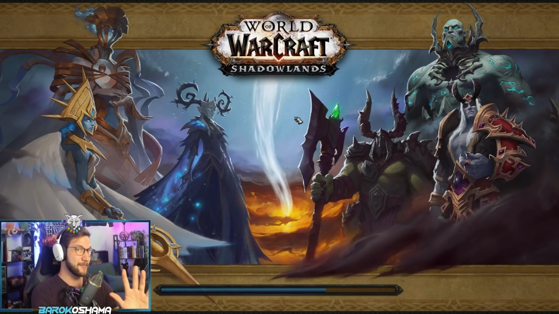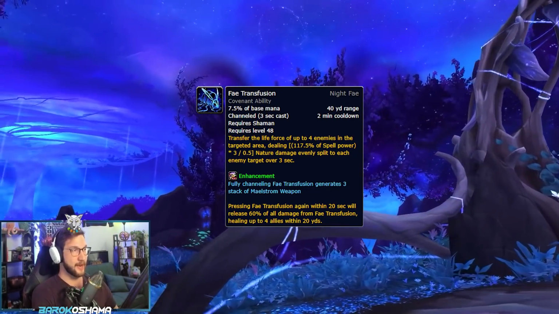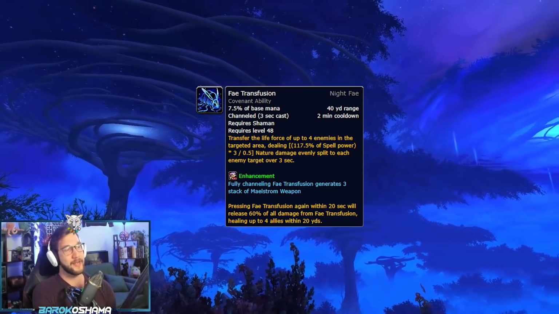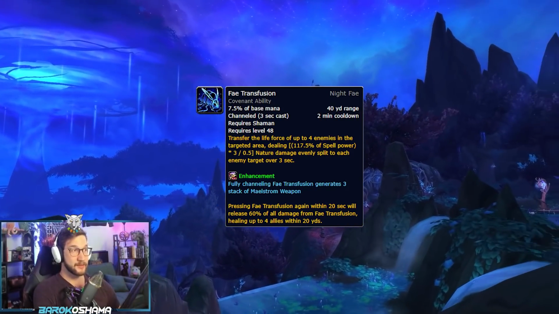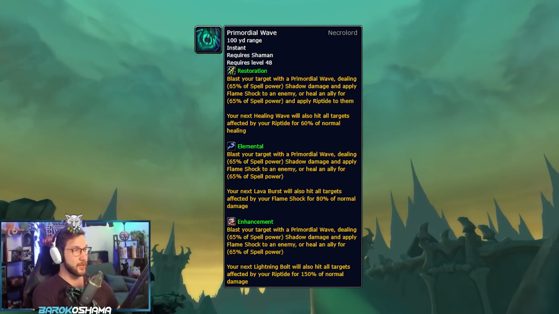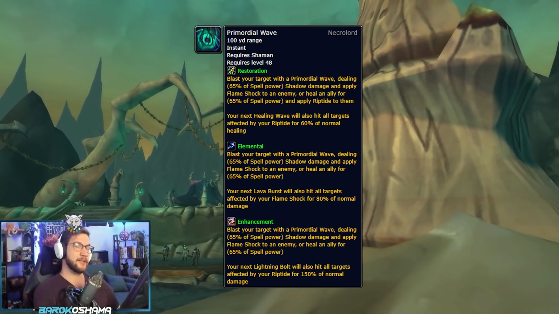So currently I am Night Fae, right? I've been Night Fae for a while. I swapped to Night Fae after my guild finished progression on Sire Denathrius. And I've already completed the 2 weeks of weeklies to swap back to Necrolord. Now I'm doing this because Necrolord for Elemental Shaman is the best overall and well-rounded covenant, because I'm going to